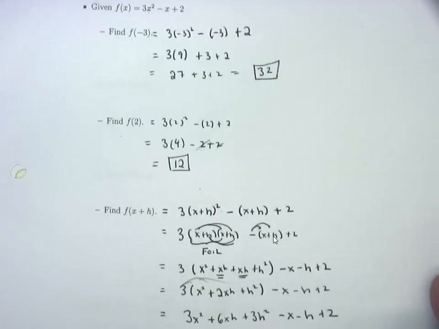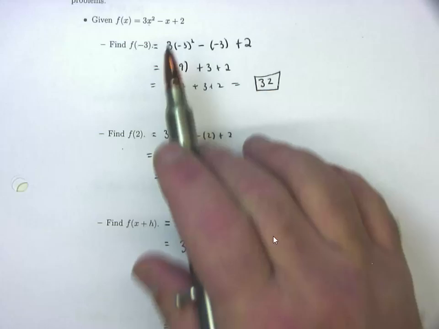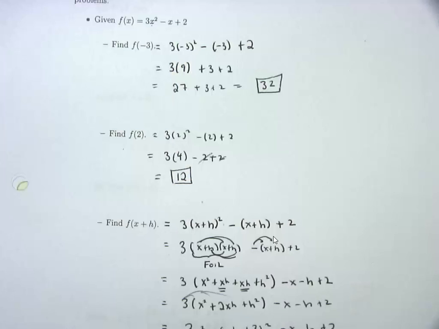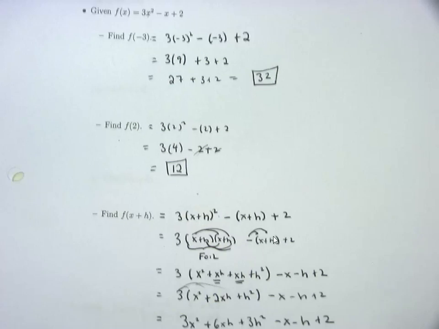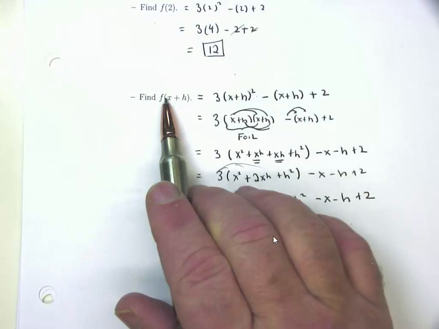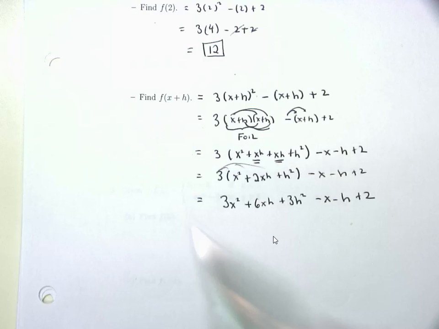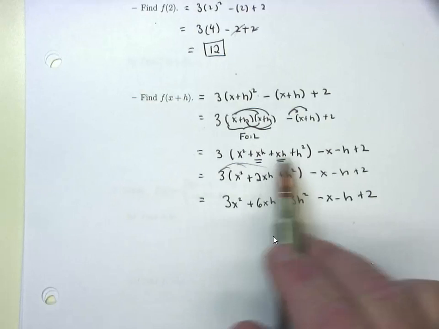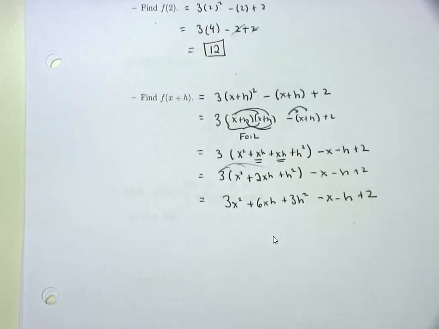I've seen students, mostly the mistake is they do this. They write down 3x squared minus x plus 2 plus h, and they chuck an h on the end of it. That's not right. f of x plus h is different from f of x, plus h. And this is the English idea of that. Pauses are basically where I'm trying to tell you where the parentheses are. The h is inside the parentheses, so it's got to go over there where the x's are. All right.